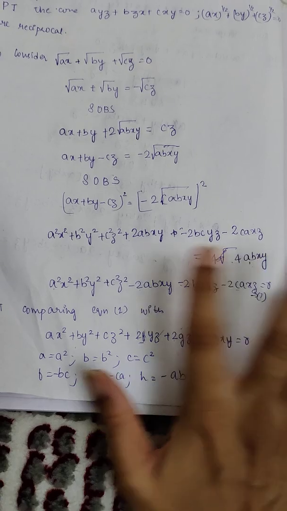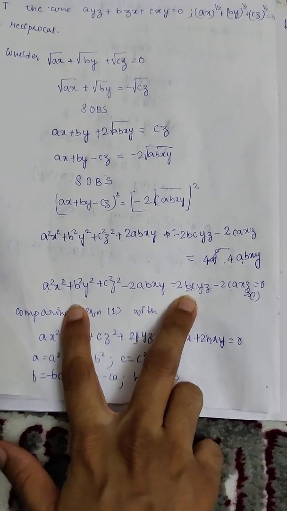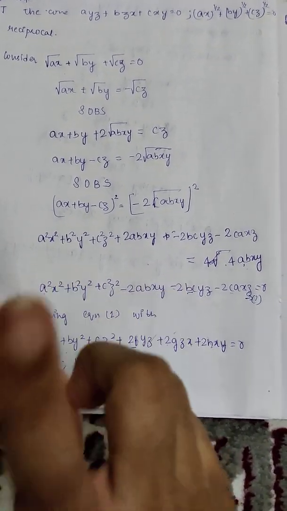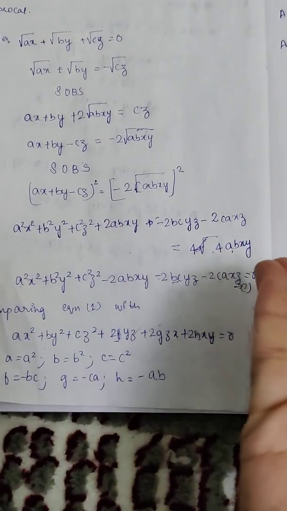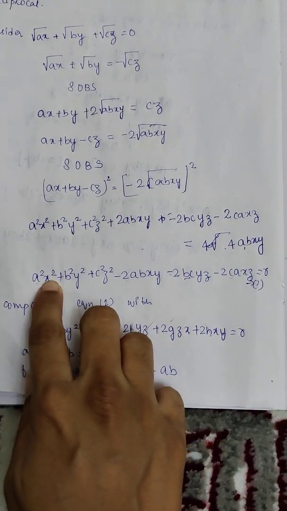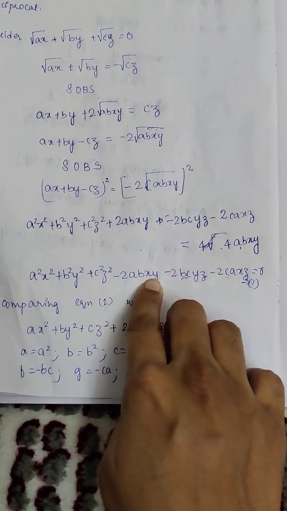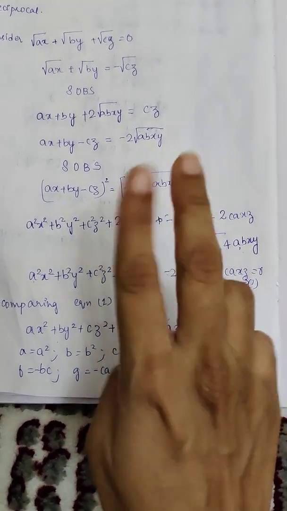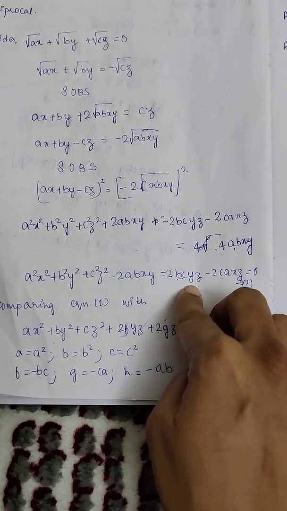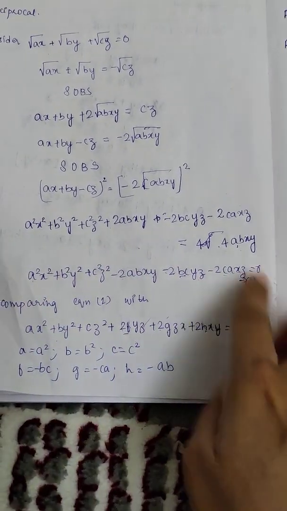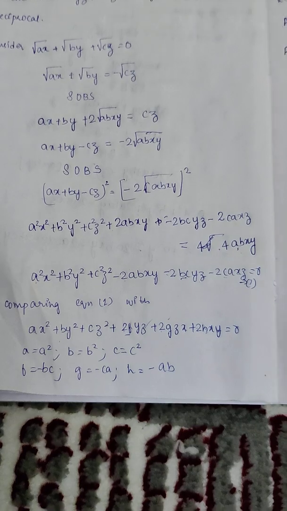If I look at this, is it not looking like the general equation of the cone? First of all, remember that every second degree equation is a cone. Let us see whether it's second degree or not. The power of x is 2, the power of y is 2, the power of z is 2. How will you calculate the power of this term? Take the power of x, take the power of y, add both of them. It is 2. Yes, here also it is 2, here also it is 2. So it's a second degree equation which represents the equation of a cone.